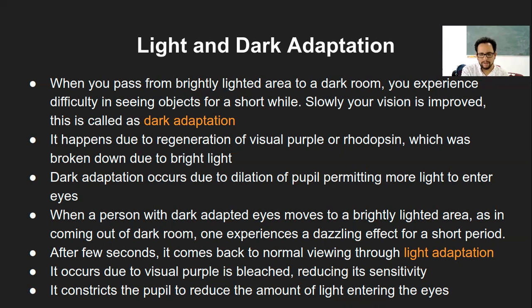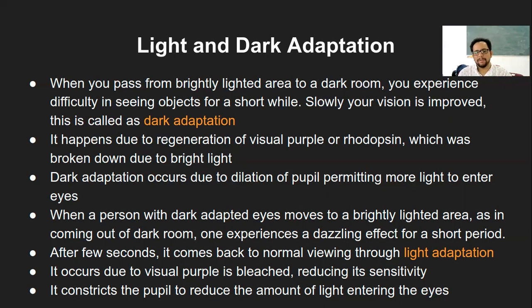Again, in short, when you are moving from a very bright area to a dark area, all of the rhodopsin pigment will be occupied due to the amount of light falling onto your retinal structure in the eye. It will take a certain amount of time to regenerate back to its normal structure, because it's a pigment, a protein-like structure. And that regeneration time is what we call dark adaptation. That means a time for an eye to adapt to a particular situation.